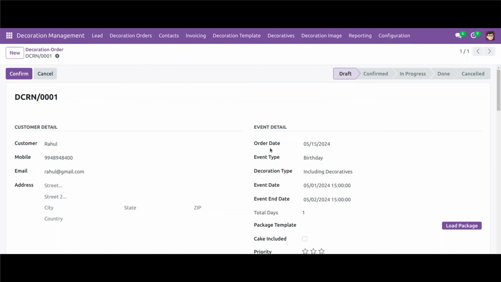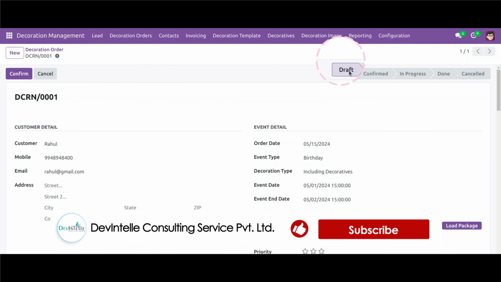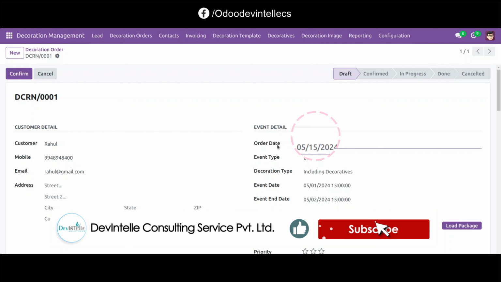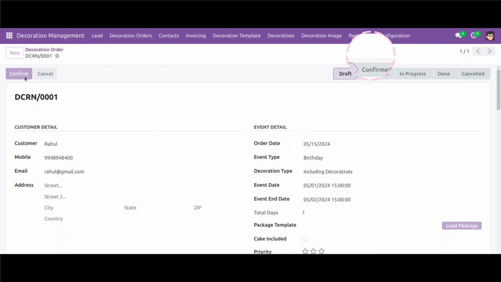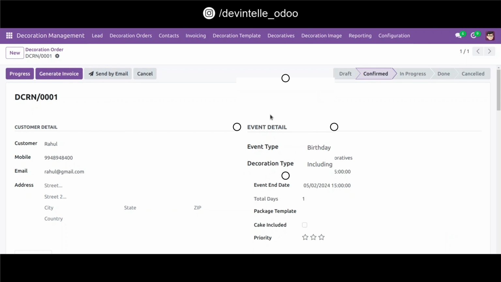Here you can see the record is in draft state, so the order date field is visible. Now I click on the confirm button and the record moves to the confirmed state, so the order date field is